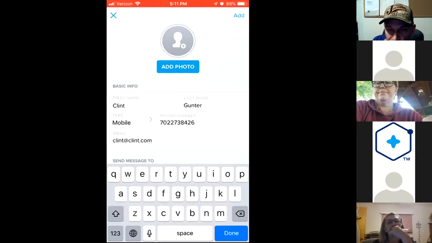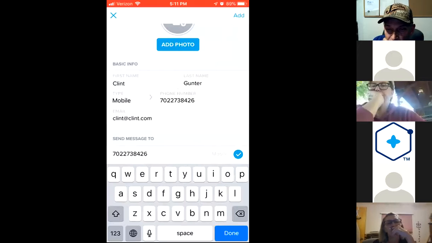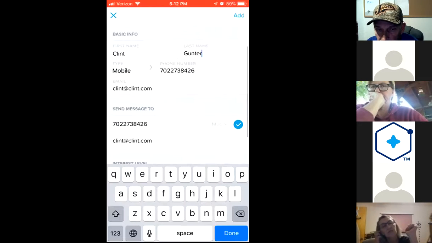Okay. So once you go to add a contact, and if you were to say import from contacts, you would just select Clint from your phone contact list, and you'd come to this screen again. Clint, do you mind tapping mute again, please? Okay. Thank you. All right. So once you add the first and last name, and the phone number and email address,